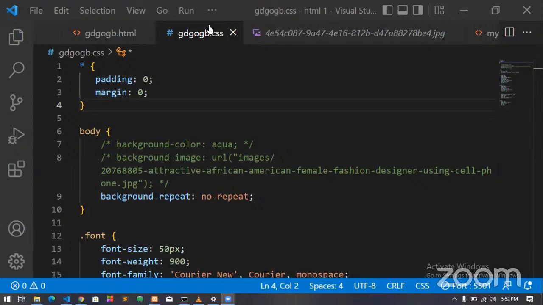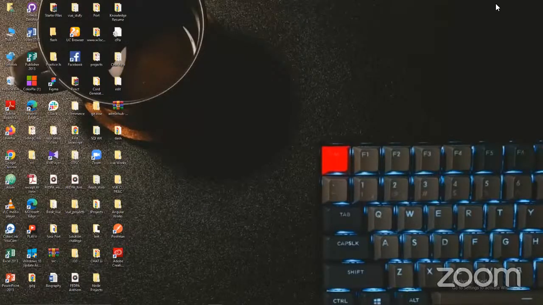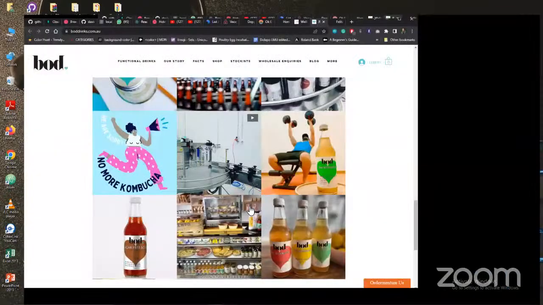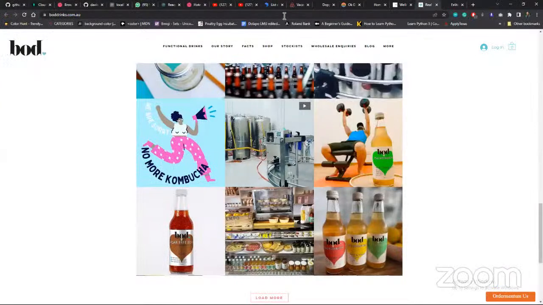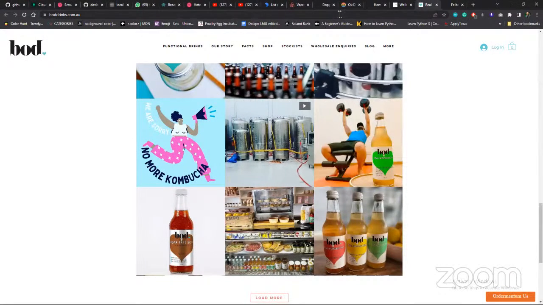Let me share my screen. Okay. A lot of beautiful websites you see out there. Can you see my screen? Can everybody see my screen? Not yet. Okay, yeah, we can see it now. So all those beautiful websites you see.